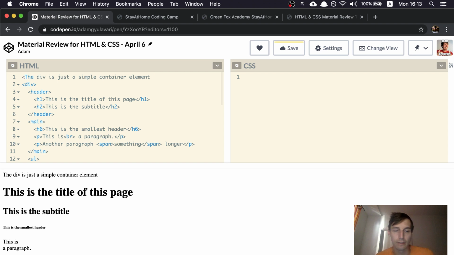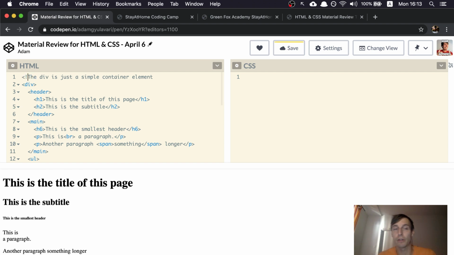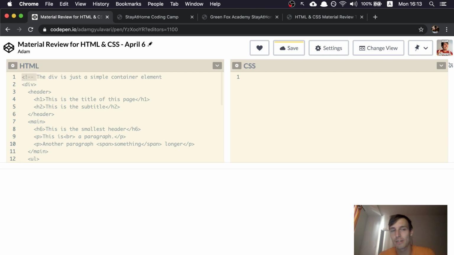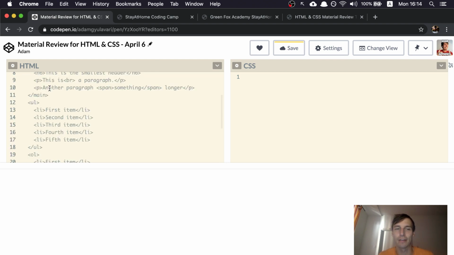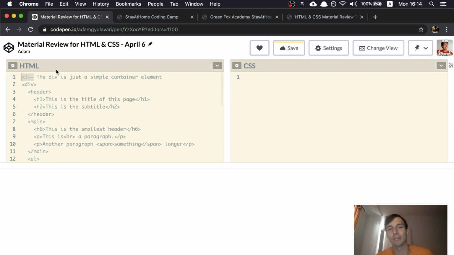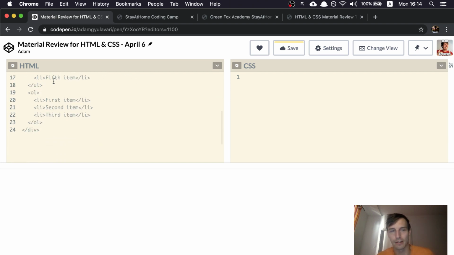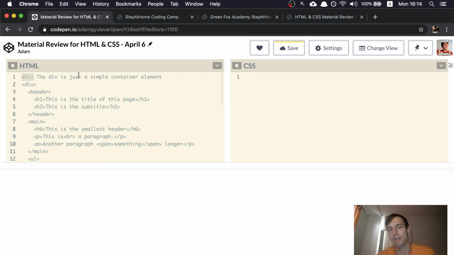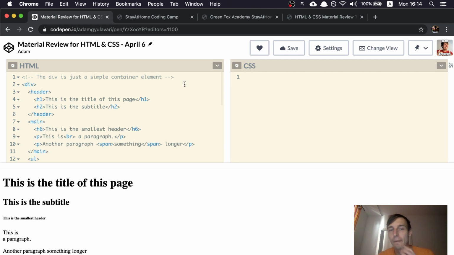There is a less-than sign, again, and an exclamation point, and two dashes. And as you can see, I opened this. This is the opening part of the comment section. Now everything is grayed out. So until I close the comment section, it is going to be considered as a comment. So right now everything is a comment because I never close it. So let's close it. And this is the closing part. So if you want to have any kind of note inside of the HTML, you can have this to remind you that